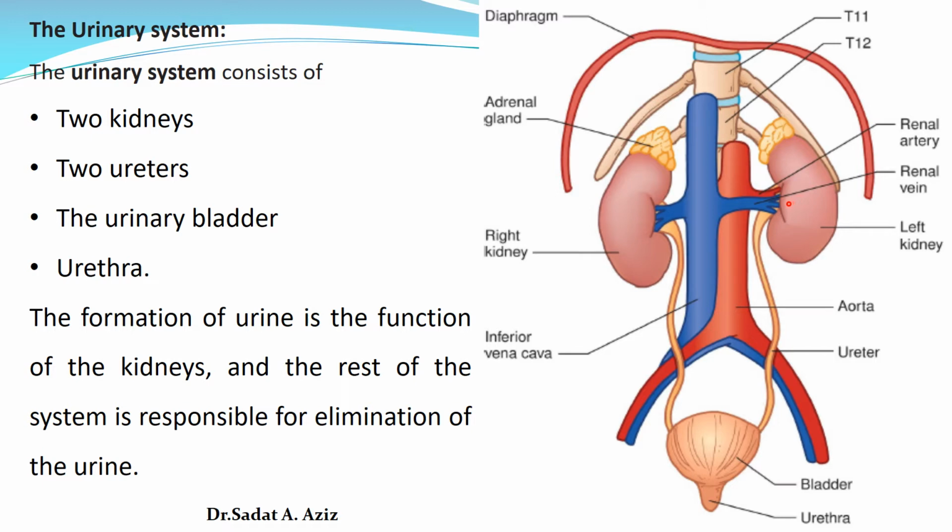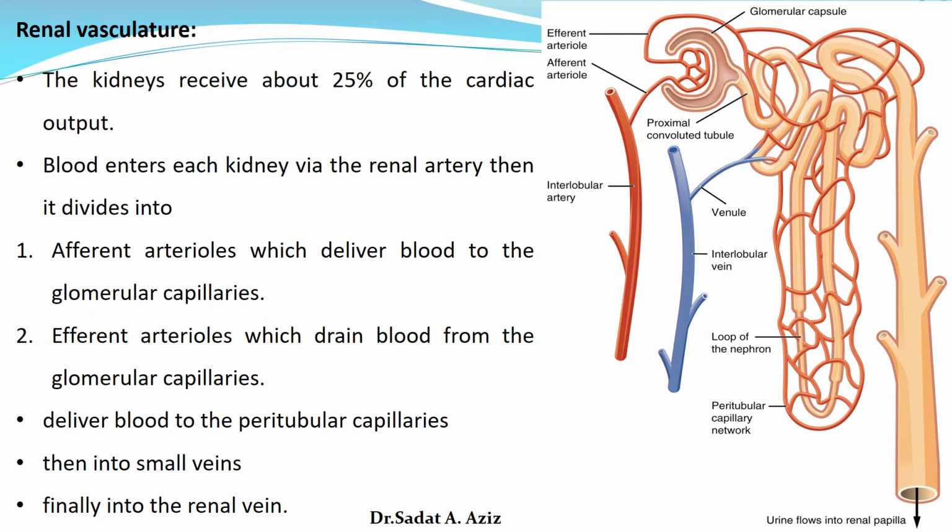Okay, we will explain this in detail. And the rest of the system is responsible for elimination of the urine. So the ureters, urinary bladder, and urethra are involved with the elimination of urine. The most important part of the urinary system is the nephrons and the blood vessels. Okay, so the kidneys, the right and left kidneys,